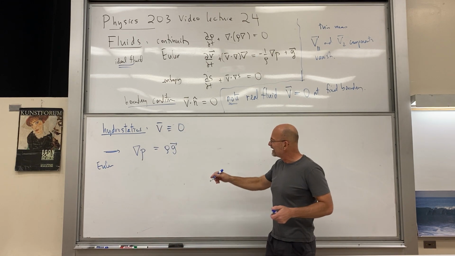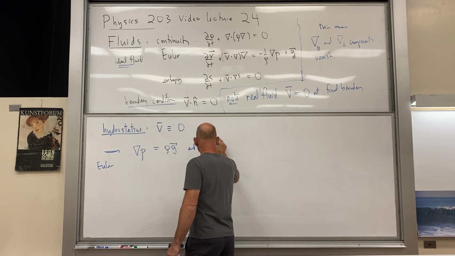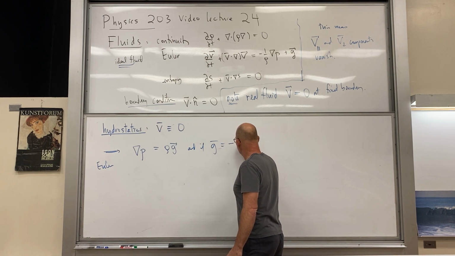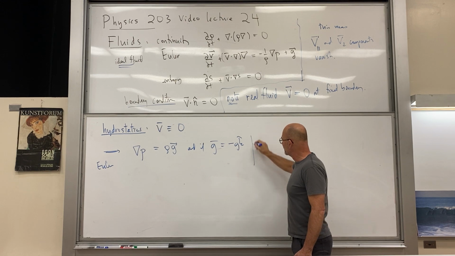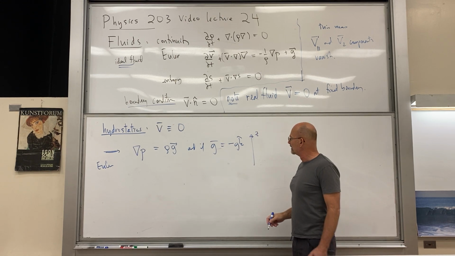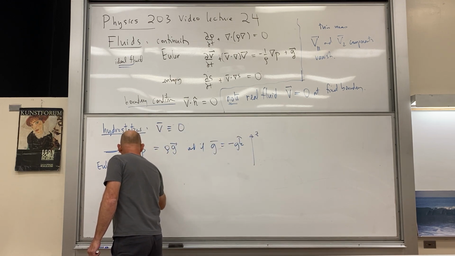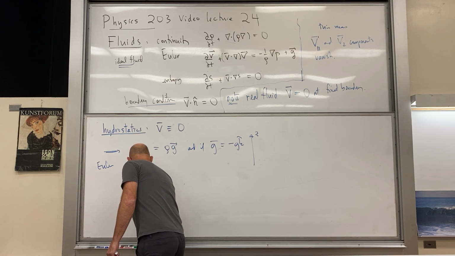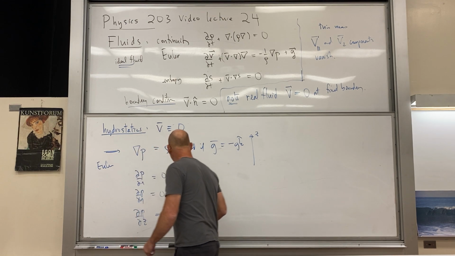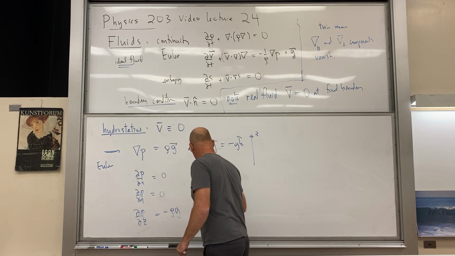And then if G is pointing down, and G equals minus G K hat, so it's pointing down, there's the z-axis, G's pointing down. Then what do we have here? Then we have dP/dx equals 0, dP/dy equals 0, dP/dz is equal to minus rho G,